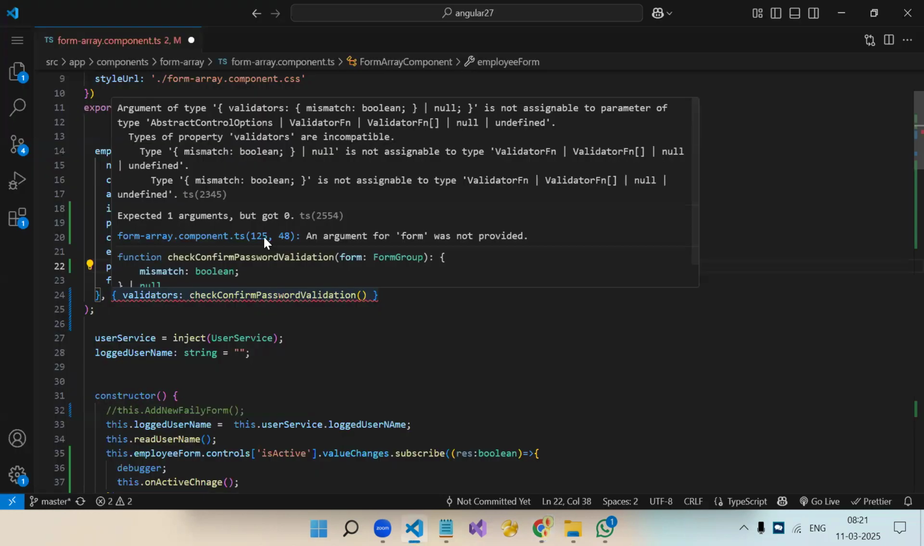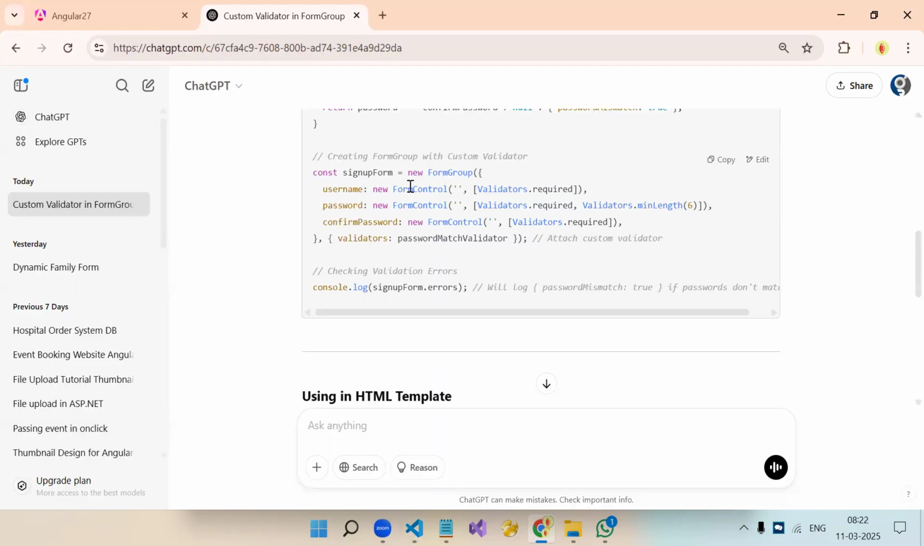क्या बोल रही है? आर्गुमेंट ऑफ टाइप वैलिडेटर mismatch, boolean or null is not assignable to the parameter of abstract control option। सर, एक बार चैट जीपीटी का रिस्पॉन्स दिखाना। एक मिनट, टाइप प्रॉपर्टी वैलिडेटर्स और इनकम्पेटिबल। ये पहला कंट्रोल, ये दूसरा कंट्रोल, ये तीसरा कंट्रोल, इसका कंट्रोल खत्म हो गया यहाँ पे, अपना फॉर्म कंट्रोल हो गया, कॉमा, फिर वैलिडेटर्स।